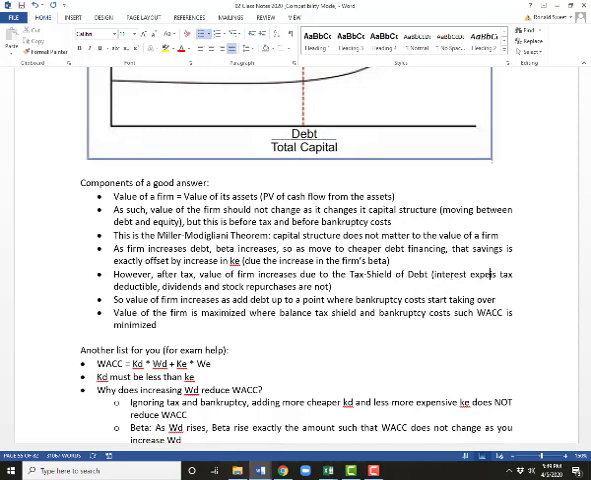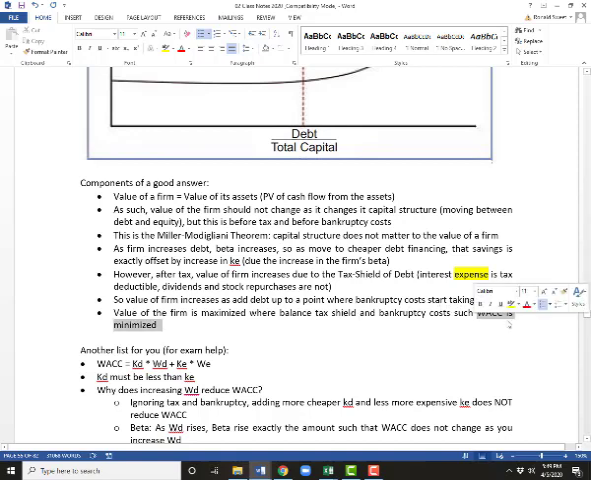I should have said, a more precise way of saying it: interest expense is tax deductible, while dividends are not. So as you use debt, some of the cost of your debt is offset by the other taxpayers. So the value of the firm increases as you add debt up to a point where bankruptcy cost starts taking over. The value of the firm is maximized where we balance the tax shield and bankruptcy costs, where